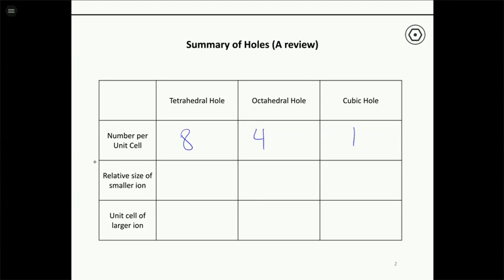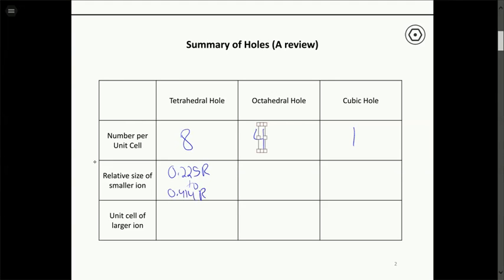So the small ion, remember we abbreviate that with lowercase r, and then if it's between 0.225 times the radius of the big ion all the way to 0.414, we would predict that it's going to go into a tetrahedral hole. Now these guidelines are not perfect, so there are structures that sort of violate this expectation, but if you were asked to predict which holes are filled, you're going to use these radius cutoffs as sort of your guiding point.